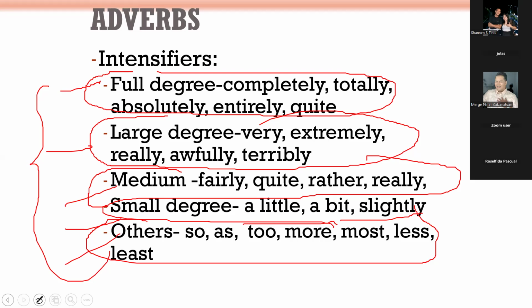Your answers are valid whether you put the adverb in the beginning, in the middle, or at the end of the sentence. Okay? Kagaya ng examples na pinakita kanina,